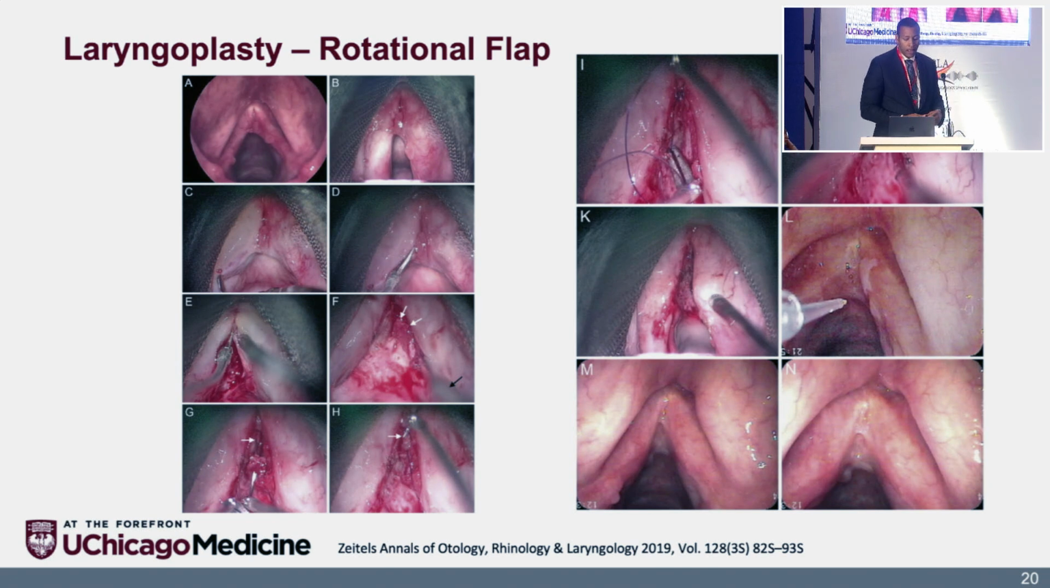The first one that has been very helpful and can be very useful is a rotational flap. So in this series of pictures, a rotational flap is being performed, similar to the turn-in flap. You can see in pictures A and B that there's this cicatrization between the right and left vocal fold. What's done in panel C is actually very important. In panel C, there's an injection of saline into the native vocal fold,